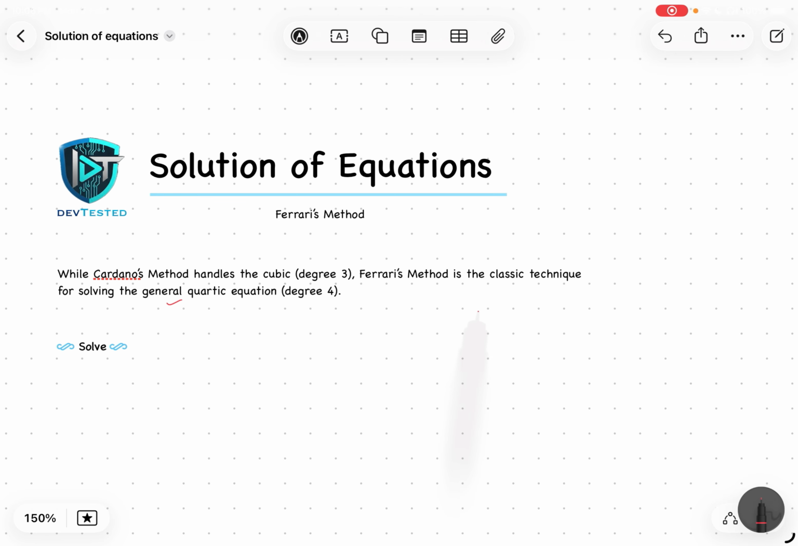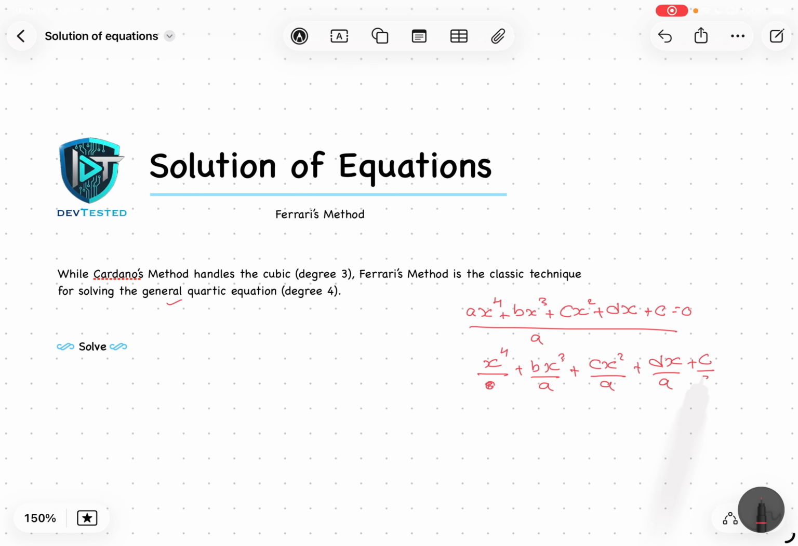For example, let's assume an algebraic equation ax^4 + bx^3 + cx^2 + dx + e = 0. To make it monic, we'll divide the whole equation by a. So we'll have x^4 + (b/a)x^3 + (c/a)x^2 + (d/a)x + e/a